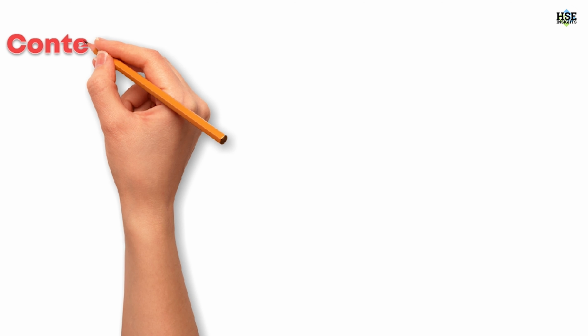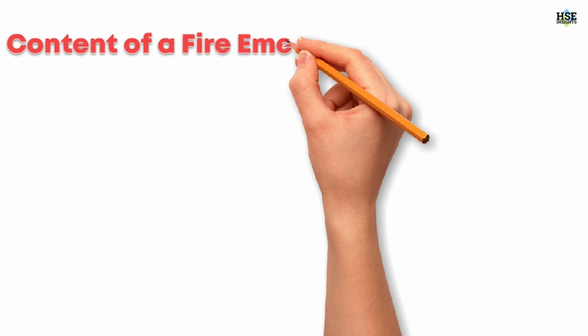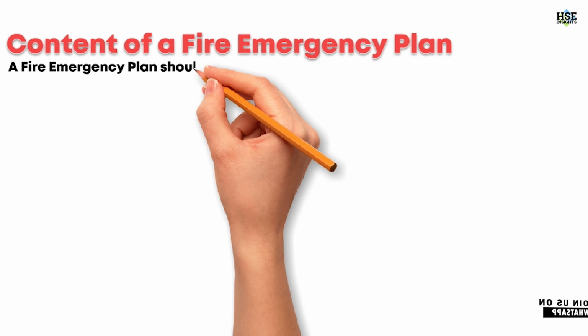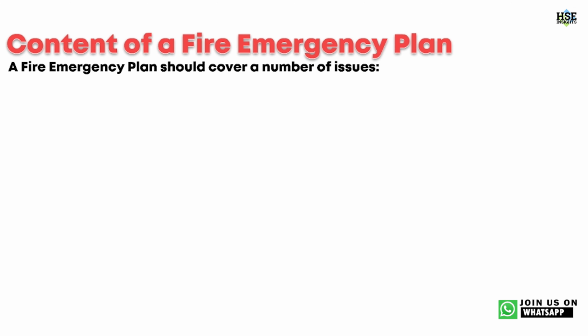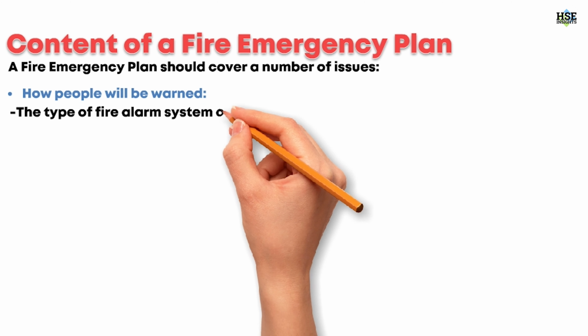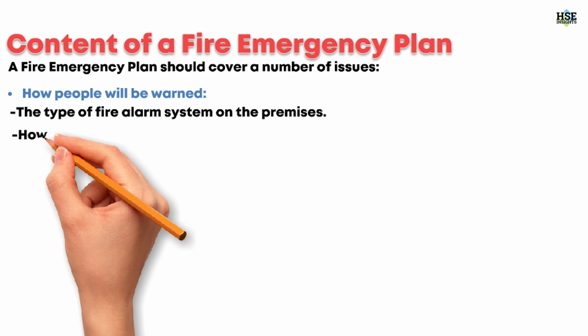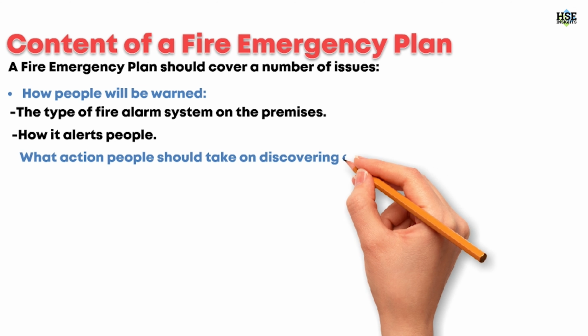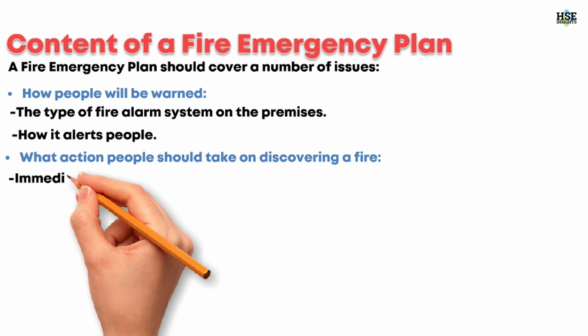This video is about the detailed explanation on the content of a fire emergency plan. A fire emergency plan should cover a number of issues: how people will be warned, the type of fire alarm system on the premises, how it alerts people, what action people should take on discovering a fire, immediate evacuation of